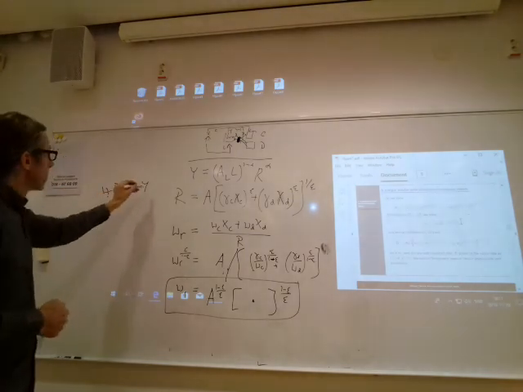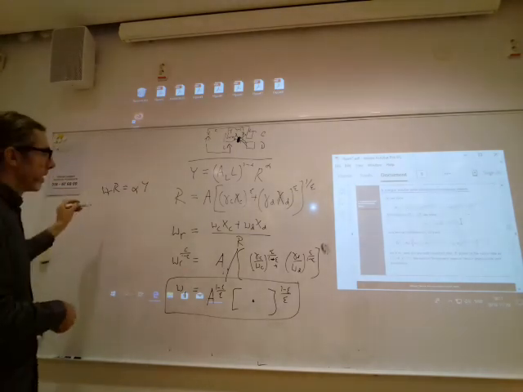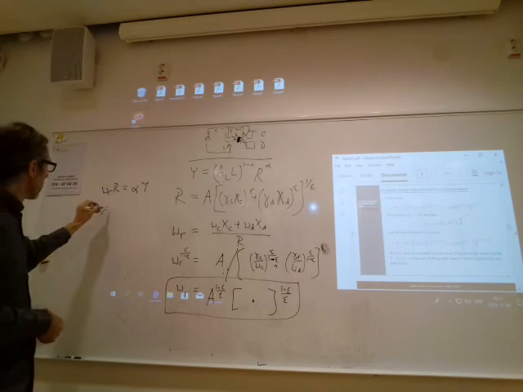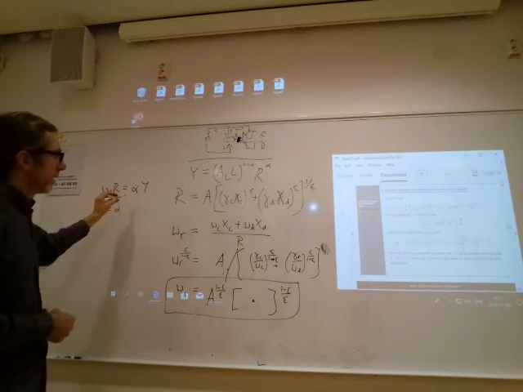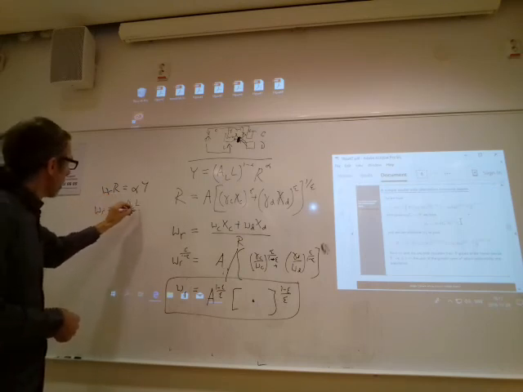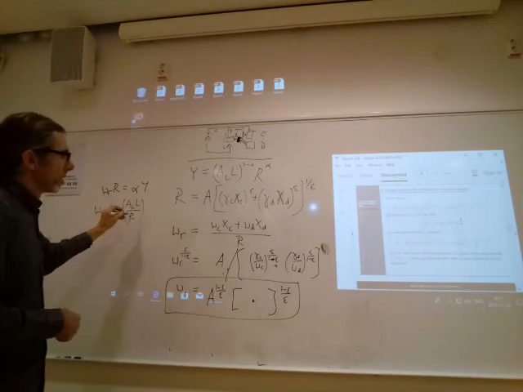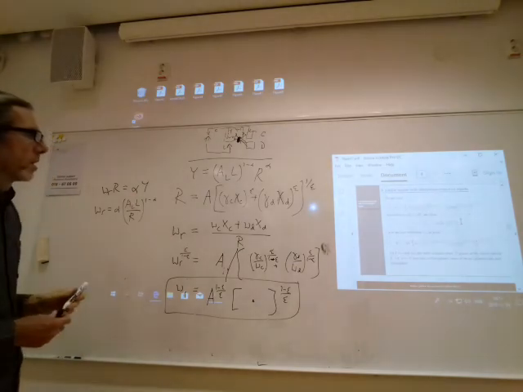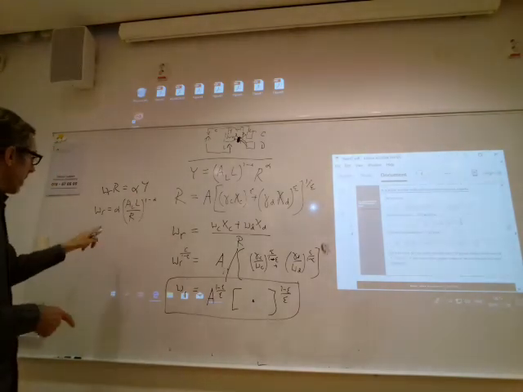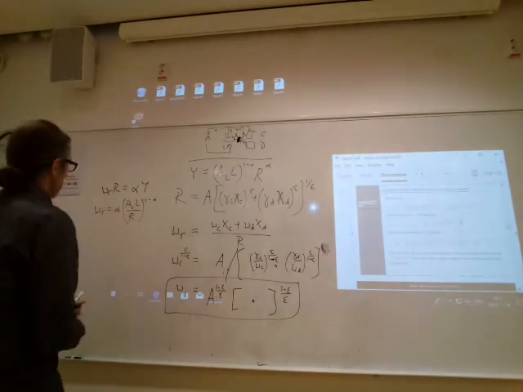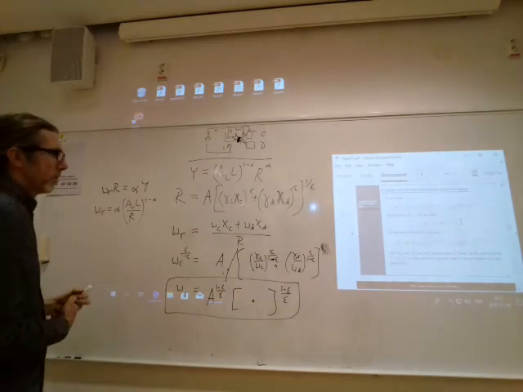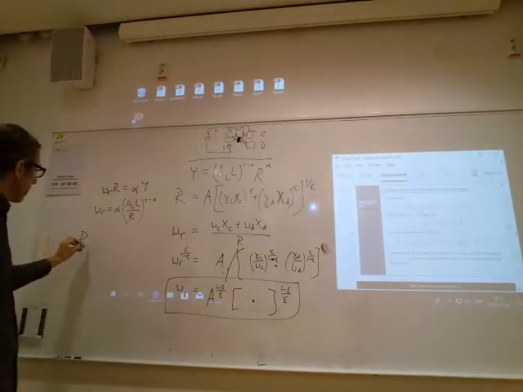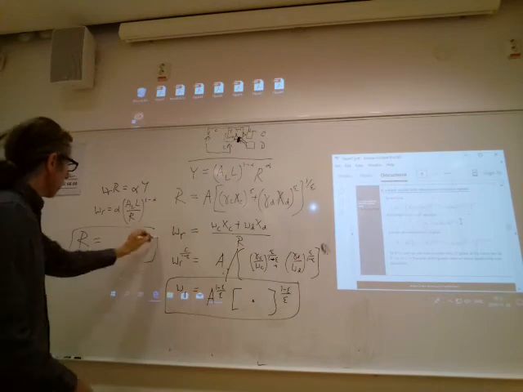So if we stick the expression for Y in the Cobb-Douglas, we end up with WR is alpha A L to the alpha over R to the 1 minus alpha, isn't it? And then we've got two different expressions for WR. We can eliminate them, and we end up with an expression for R,